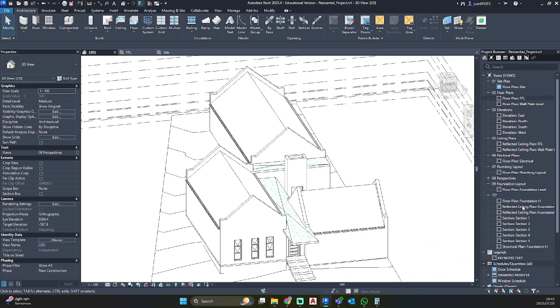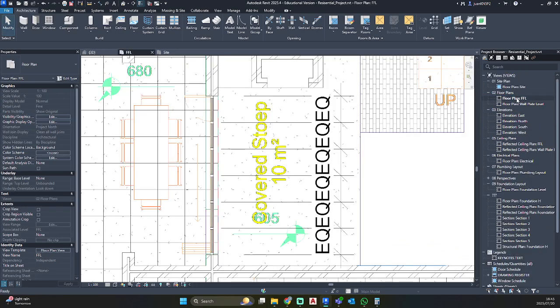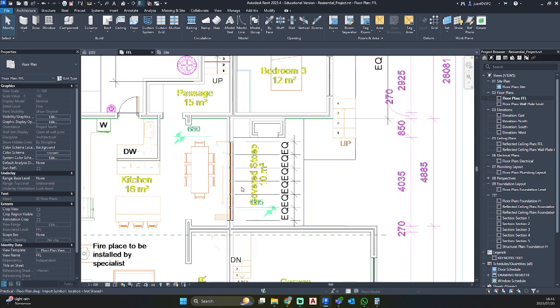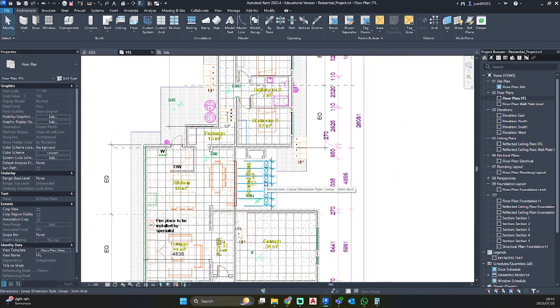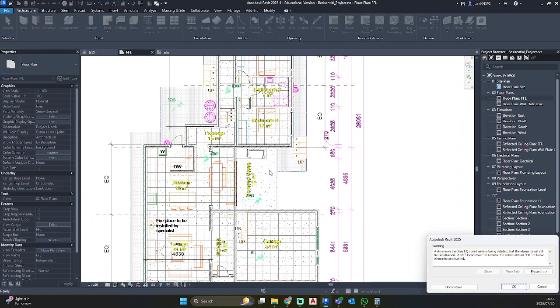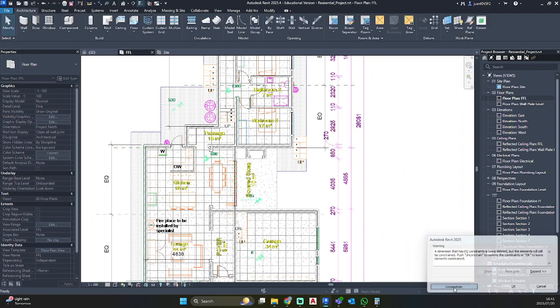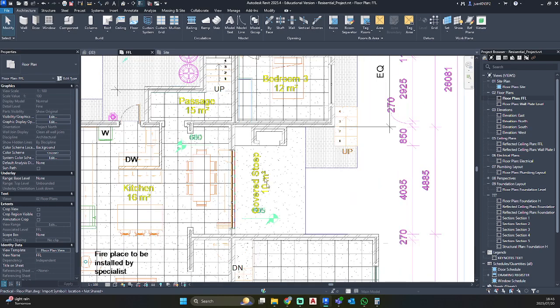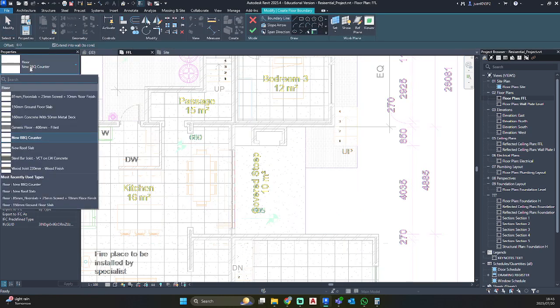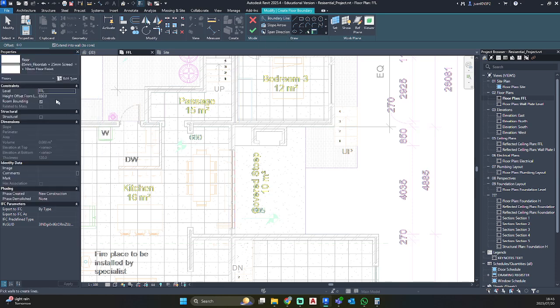So let's go ahead and go to our floor plan. You can delete these dimensions. Just click unconstrain. Let's throw in our little covered areas floor. I'm going to go floor tool, see for my floor slab do we have.